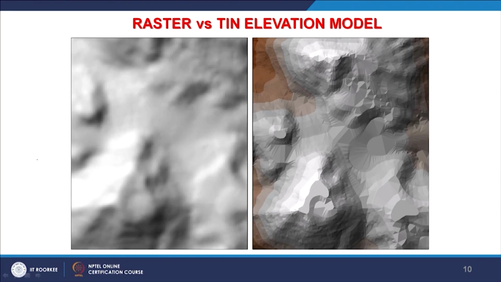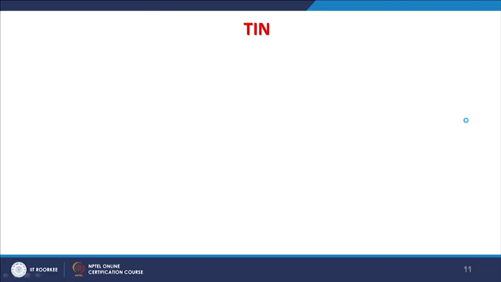because tin by nature itself is a very compressed model. Again a real example: on the left side you are seeing the digital elevation model, and for the same terrain you are also seeing the tin. As you can see, the tin looks more realistic as compared to your raster. So, this is another very important point. I will tell you why it looks more realistic than raster. We will discuss that part, and before that, we will compare tin versus raster